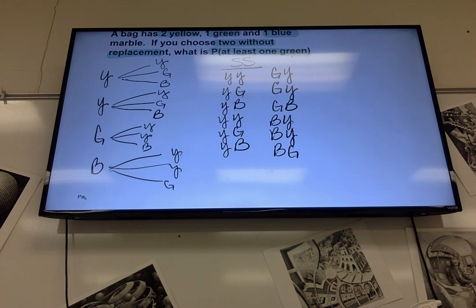Okay, so we can do this the straightforward way. We can say probability of at least one green. So we highlight things that have at least one G in them. It won't let me highlight that, so I'll circle it. There are a total of 6